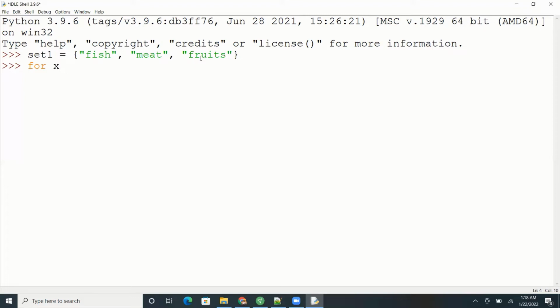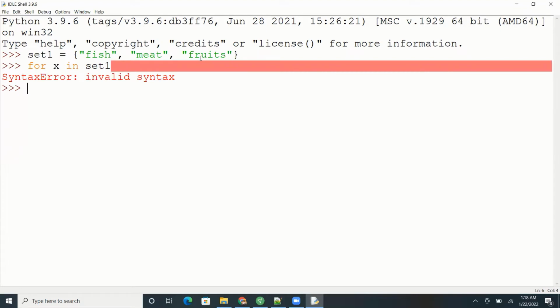So for x in set1, so we are saying x to traverse for each element in the set1, and then I made a mistake by not giving the colon. In set1, then print x. Okay,